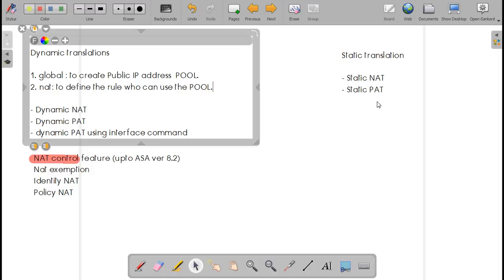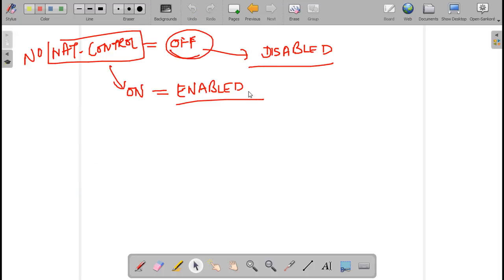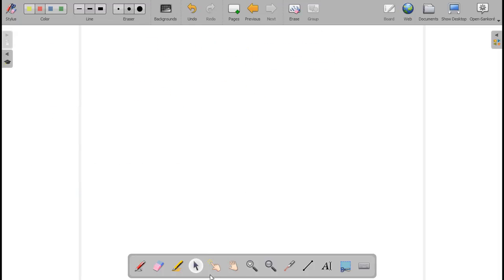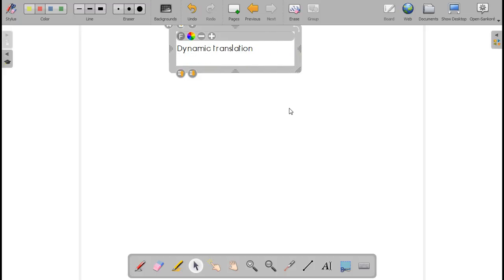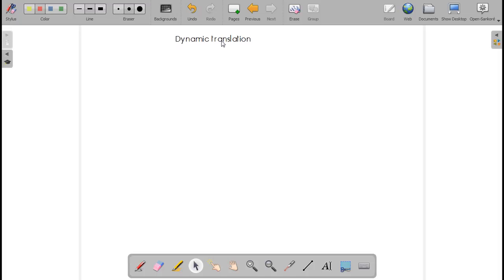So let's see dynamic translation. Here I told you two words. First word is what? Global. Global, correct?